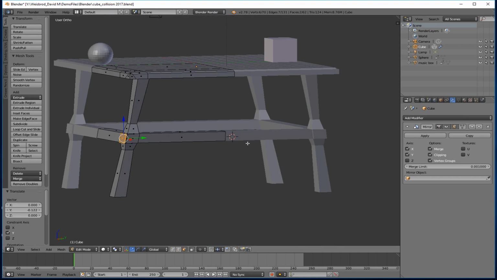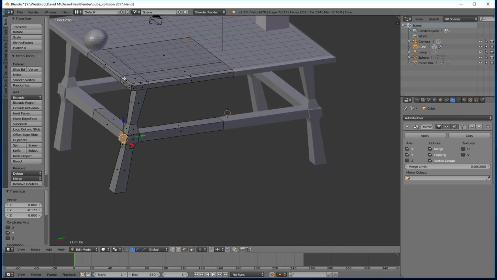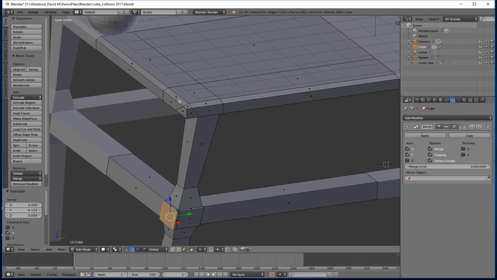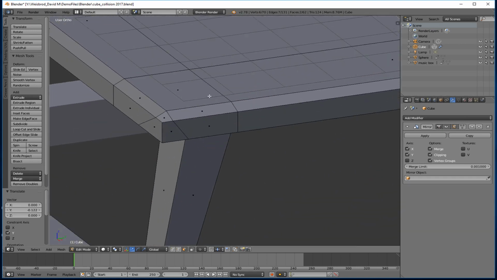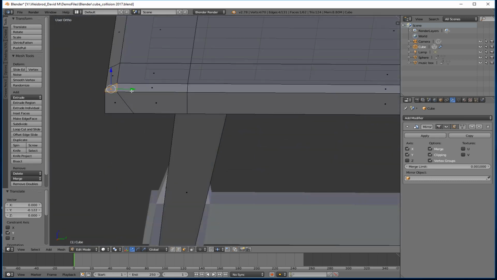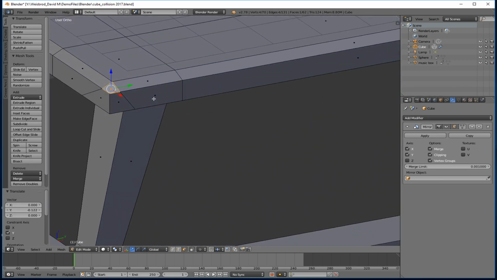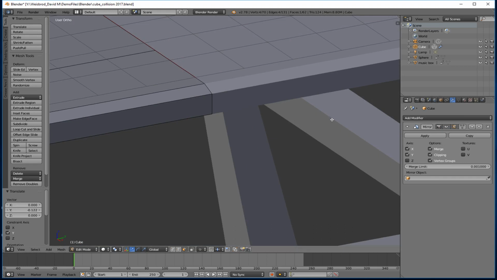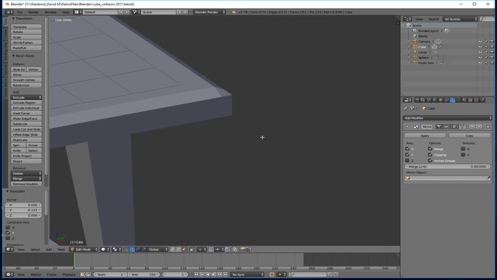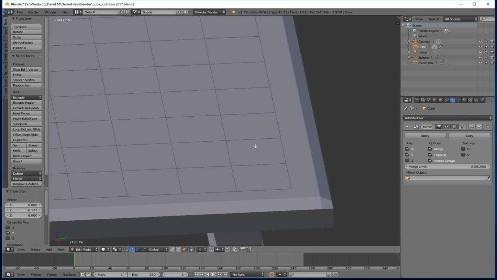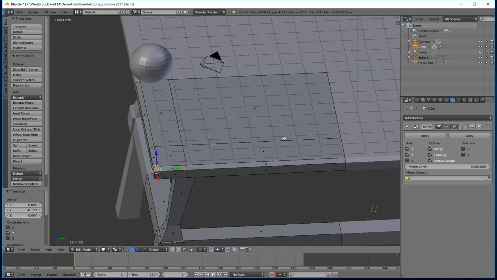Now, one other thing. In the demo that I did for you previously, I beveled the edge of the table. Now, there's 2 problems with this. One, you can kind of see how this face is a quad, but you'll see it's creasing really odd. And you can see that over here. What it really wants is an edge down the middle. Sometimes you'll see that with vertices and faces, where if you're doing something like I'm doing right here, it really wants an edge down the middle. So there's a couple of ways to do this,